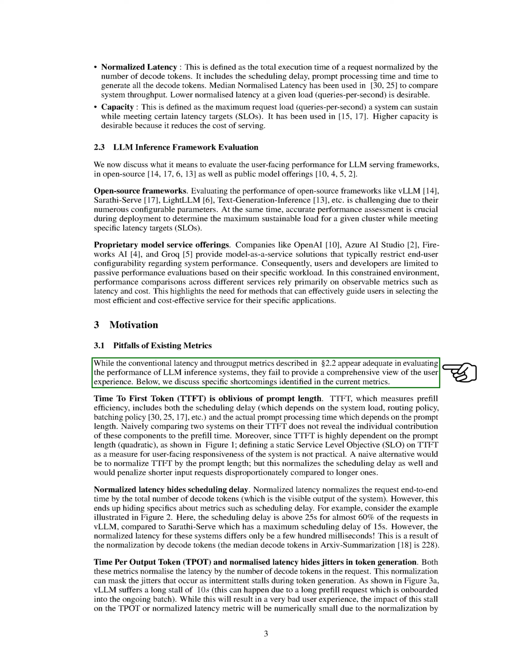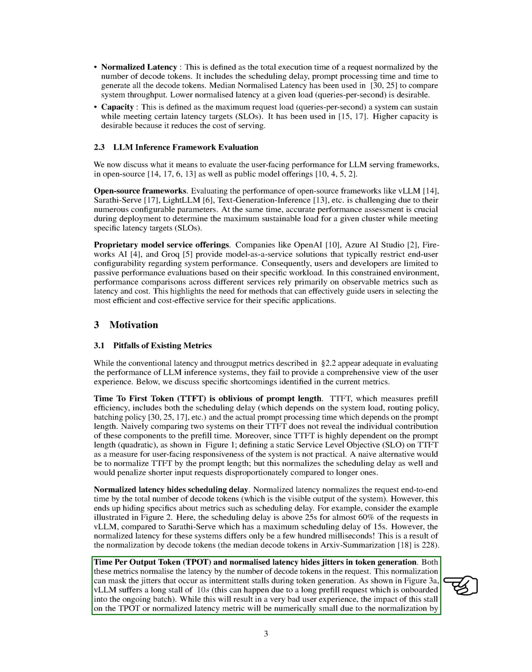When it comes to evaluating LLM inference systems, traditional metrics like latency and throughput are not always enough to give a complete picture of the user experience. For example, metrics like time to first token, TTFT, may not consider the length of the prompt, leading to incomplete assessments. Normalized latency can hide details like scheduling delays, while metrics like time per output token, TPOT, may not reveal intermittent